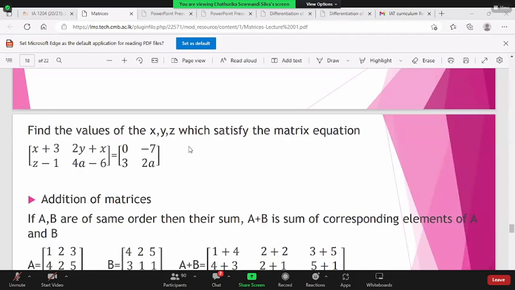So how to find? Basically, it's very easy, because based on the knowledge that you have regarding equal matrices, the first thing is they should have the same order. If you check these two matrices, yes, this is 2 by 2, this is again 2 by 2, so that is okay. Then elements in the corresponding positions should be the same. That is the next requirement to be an equal matrix. Here they are saying these two matrices are equal. We do not need to find that; they are saying these are equal. If these two matrices are equal, then find what is x, y, z, and a.